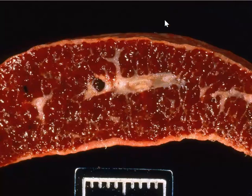This is a section of the spleen of one of these animals, and what you'll see is tremendous hypoplasia of the lymphoid organs, because they can't make B or T cells, and so the lymphoid organs, including the spleen, the thymus, and the lymph nodes, and to a smaller extent the bone marrow, are all hypoplastic. Remember, we talked about how thin the capsule is in the horse, and this one looks very thick, and it's not because the capsule's any thicker, it's because there's just not much in the